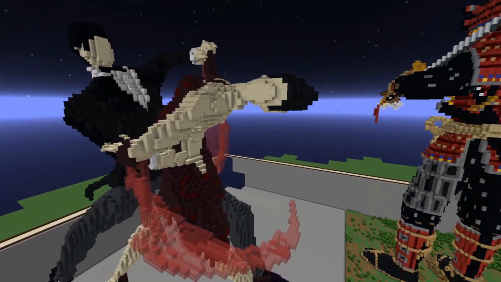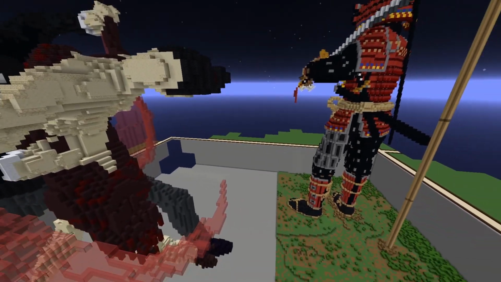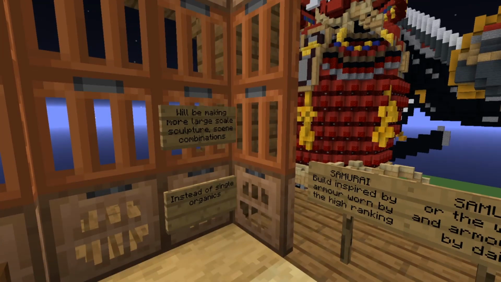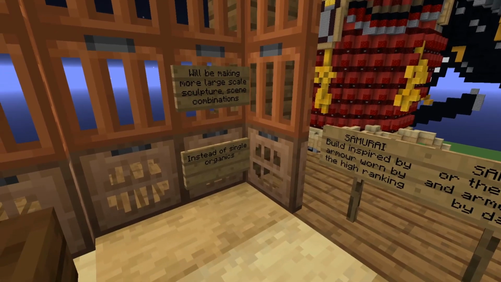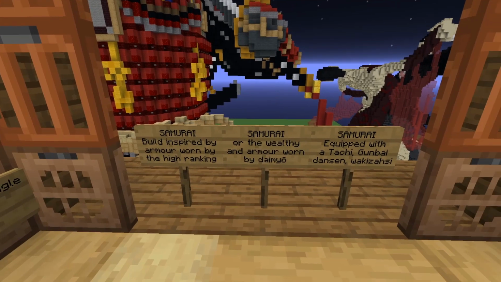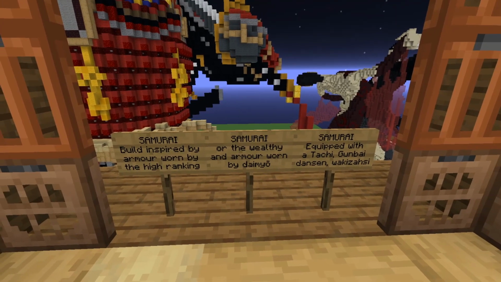So well done. Now we're going to have a look very quickly at the second part of this plot. We're going to start inside the wee hut here because we get a little bit of information. This is a samurai build inspired by armor worn by the high-ranking samurai or the wealthy, and armor worn by daimyo samurai equipped with a tachi, gunbai, dansen,